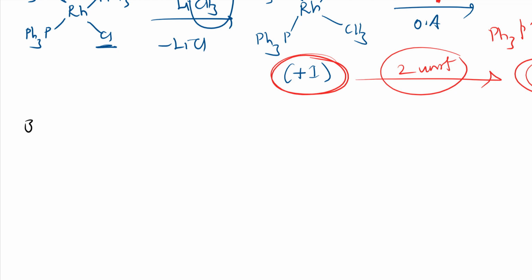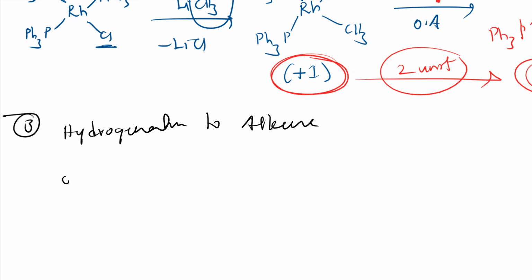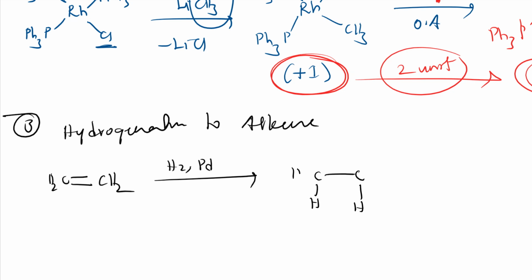So let us come to the third application. What is this third application, right? That is nothing but hydrogenation of alkene. Hydrogenation of alkene. This is also very interesting. See here, I have this alkene, CH2 double bond CH2, right. To this we have studied hydrogen, palladium. If we use it, syn addition happens. Syn addition means both hydrogens will add on the same side, other things remain as they are. So I'll get an alkane, right.